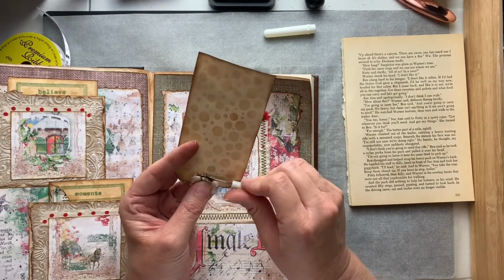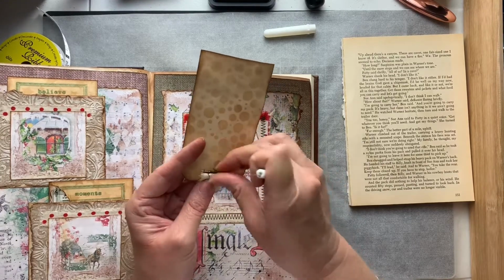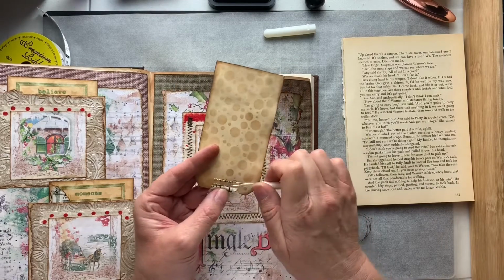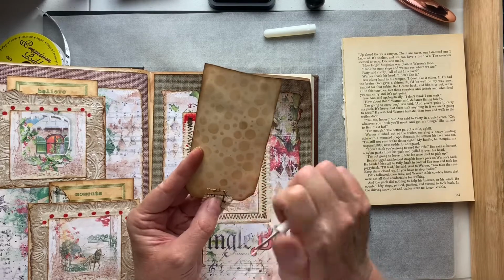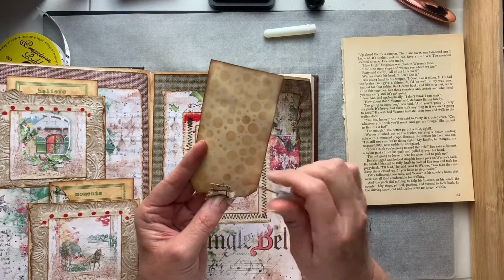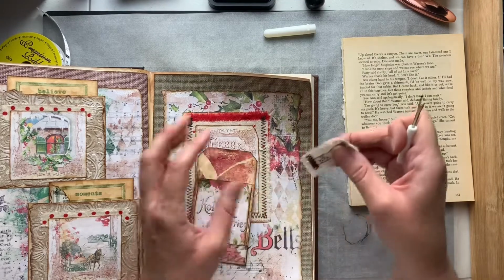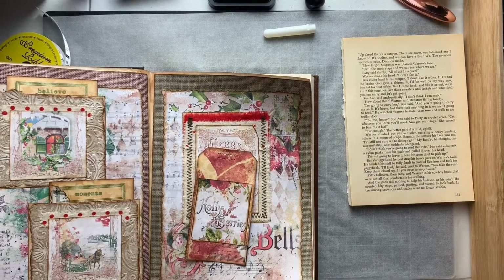I like it, I just don't love it on that page. I loved it before I put it in the pocket, but once it was there, I was just like, you know what? We can do better. So I'll take those stitches out of there after I turn the camera off, but